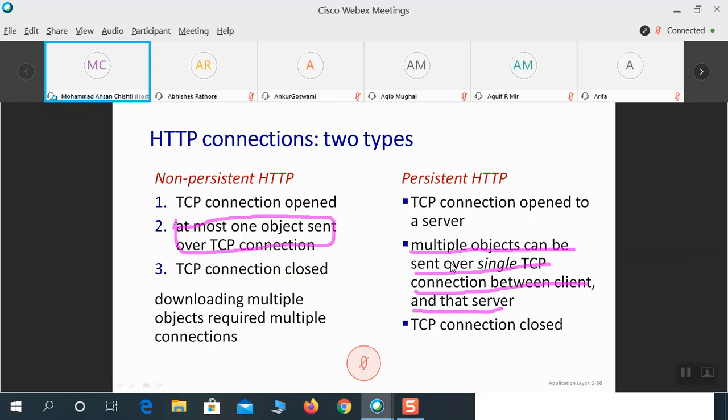That means that if we have non-persistent HTTP, we would require multiple connections to download multiple objects. But in case of persistent HTTP, we can have a single connection downloading multiple objects. So obviously persistent is good.